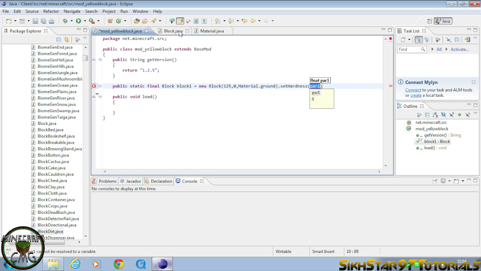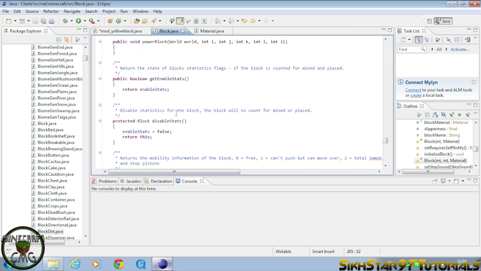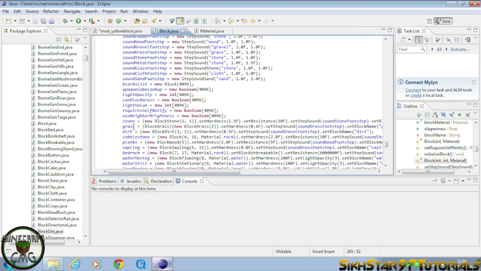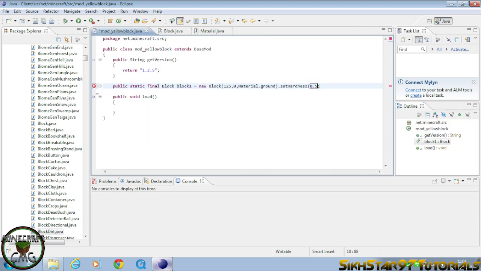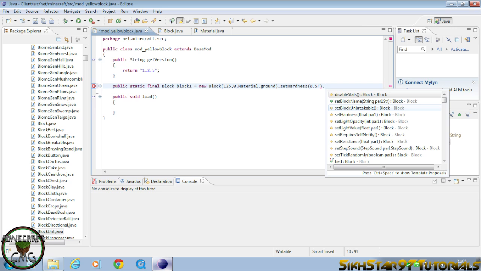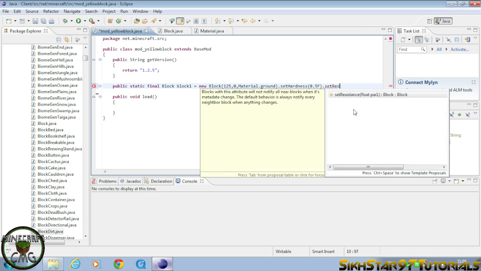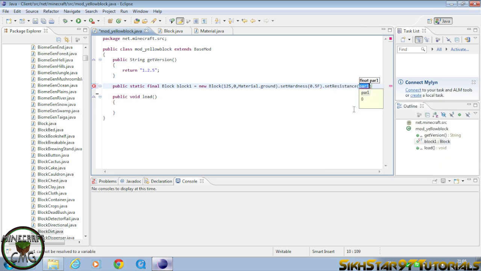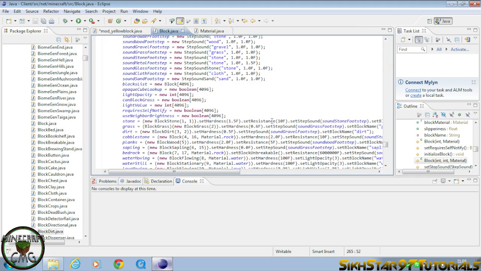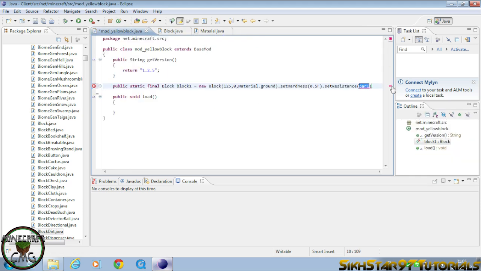So if we go to block, we can see that dirt has a hardness of 0.5, so we want similar, so we put 0.5f. And then after this we want to do another one, dot set resistance, and this is the resistance against explosion. So let's for example look at stone, resistance is 10, so we put 10f. And the last one is dot set light